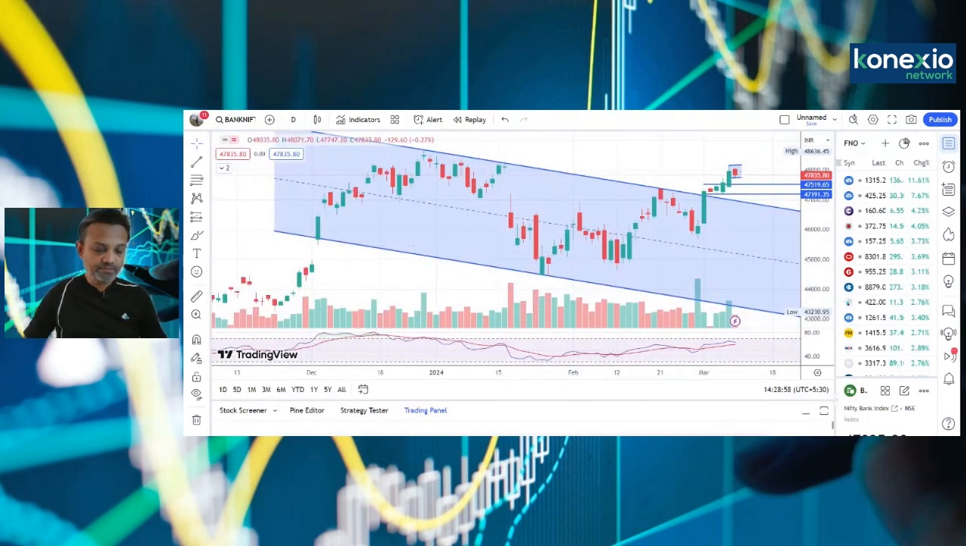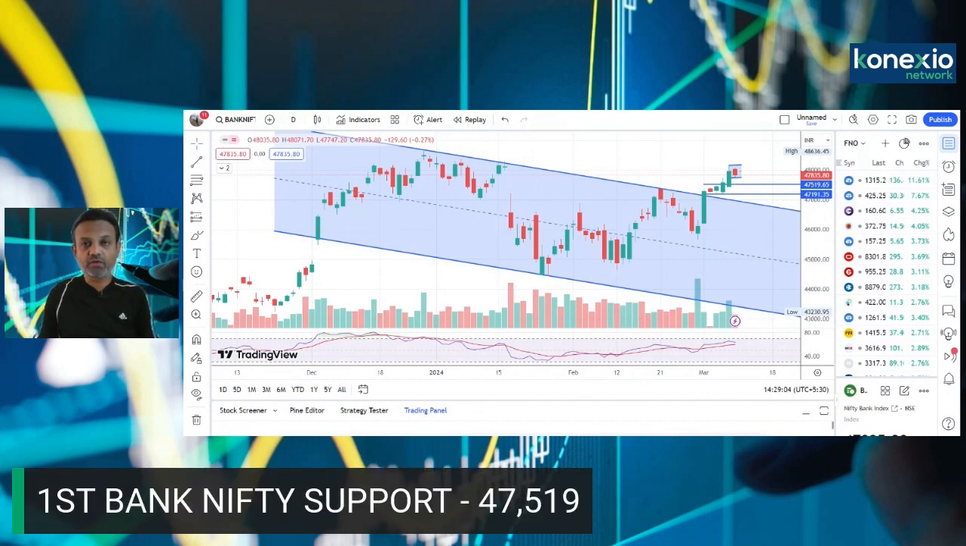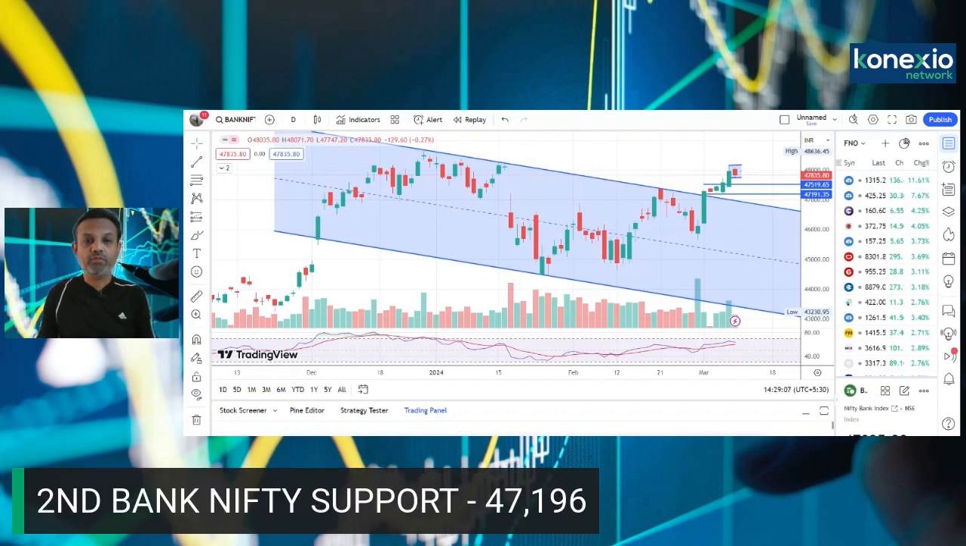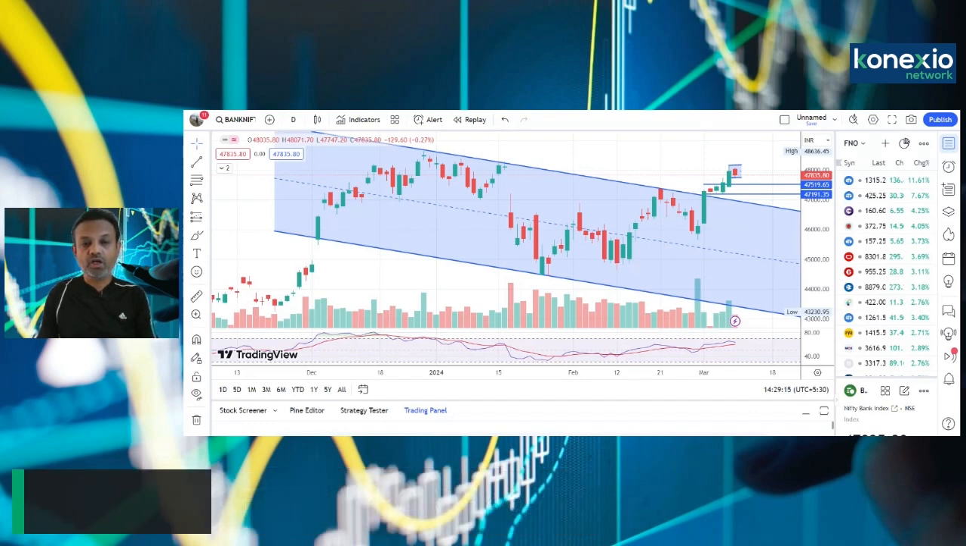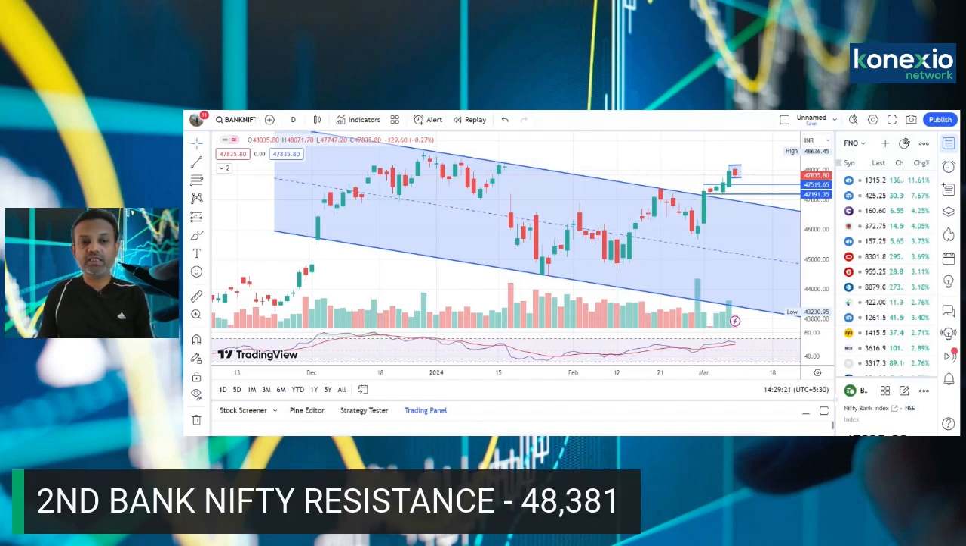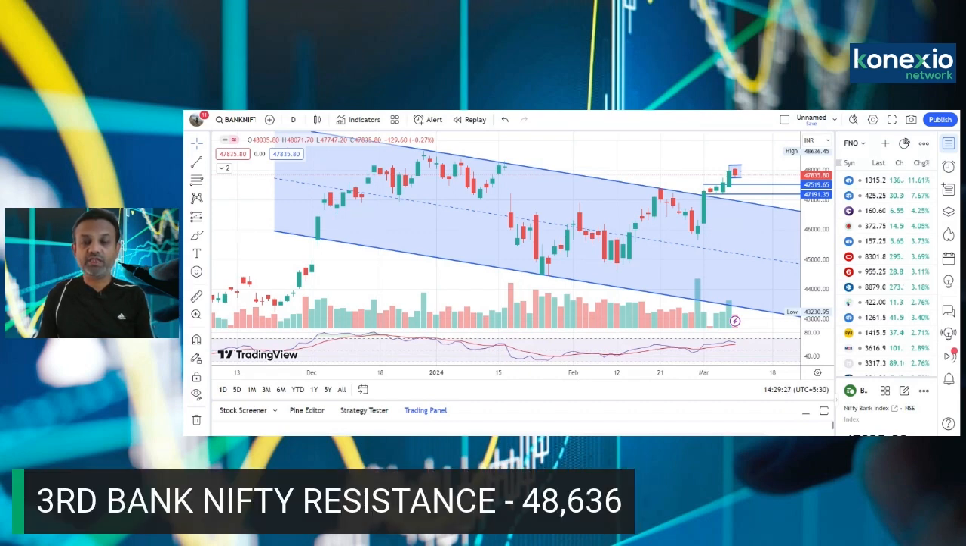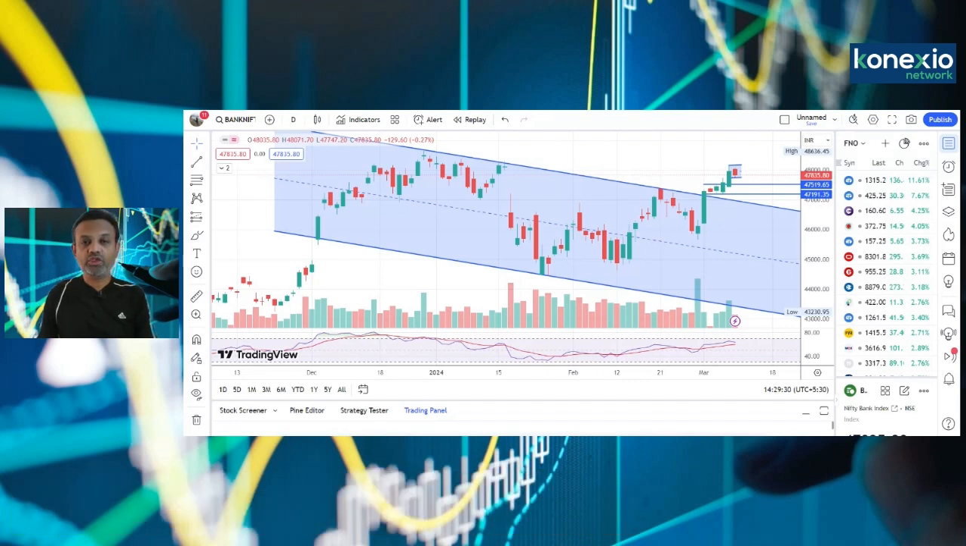Now, friends, let us discuss the supports and resistance level in the Bank Nifty. First support in the Bank Nifty is placed around 47,519. Below that, the second support is placed at 47,196. And third support is placed around 46,786. On the upside, the first resistance is placed around 48,161. Second resistance in Bank Nifty is around 48,381. And third resistance in Bank Nifty is around 48,636. These are the crucial supports and resistance level in Bank Nifty for the next week. Looking at the charts, we feel that any dips should be used as a buying opportunity, should be the strategy